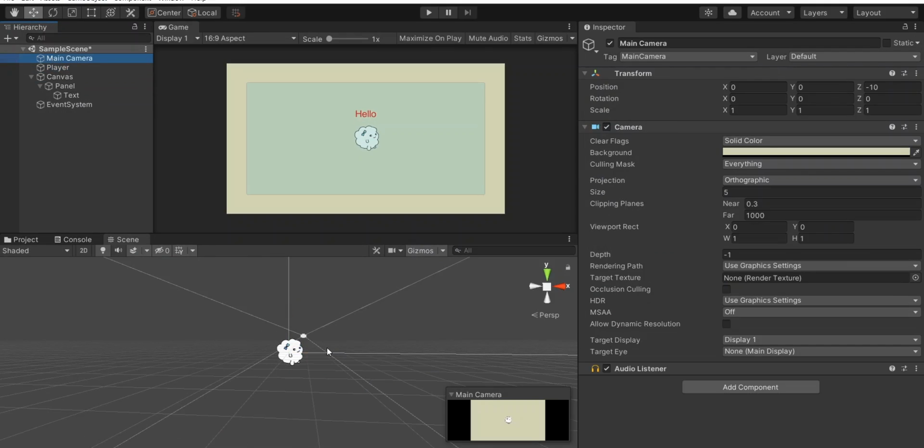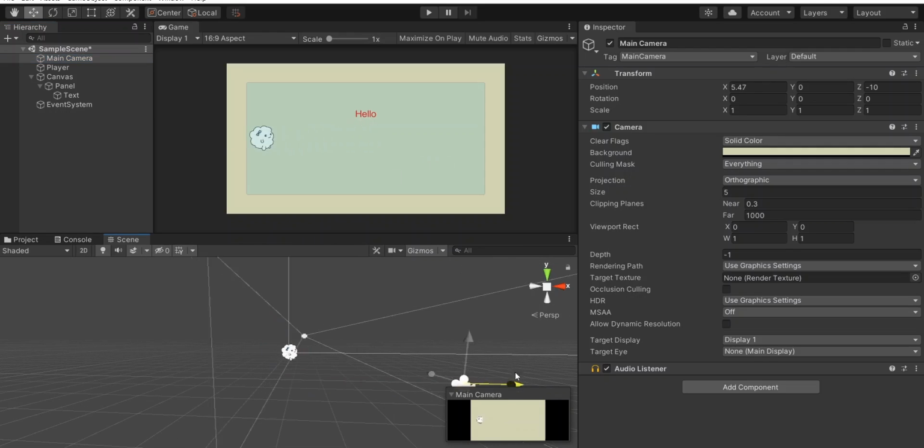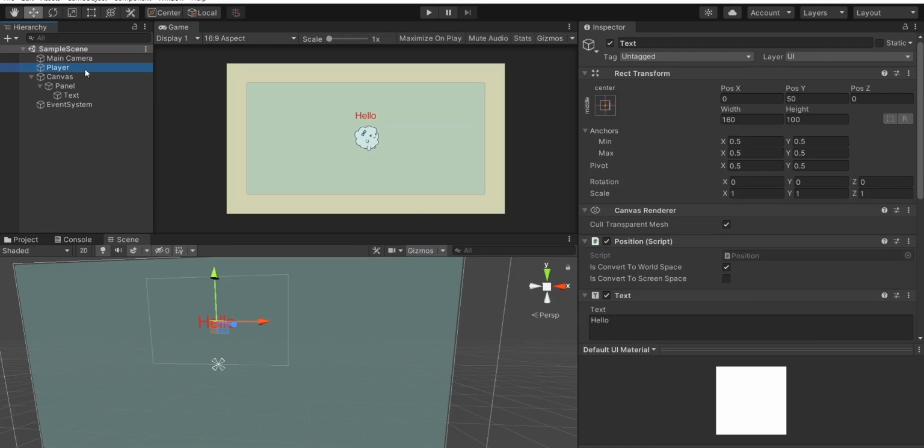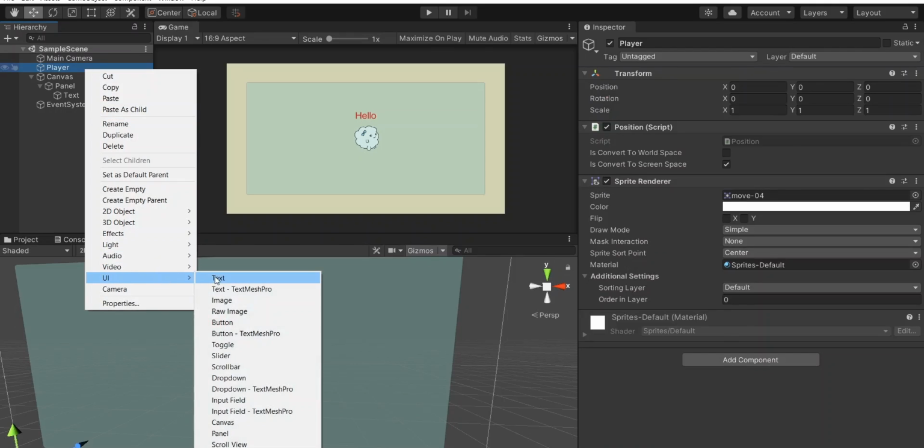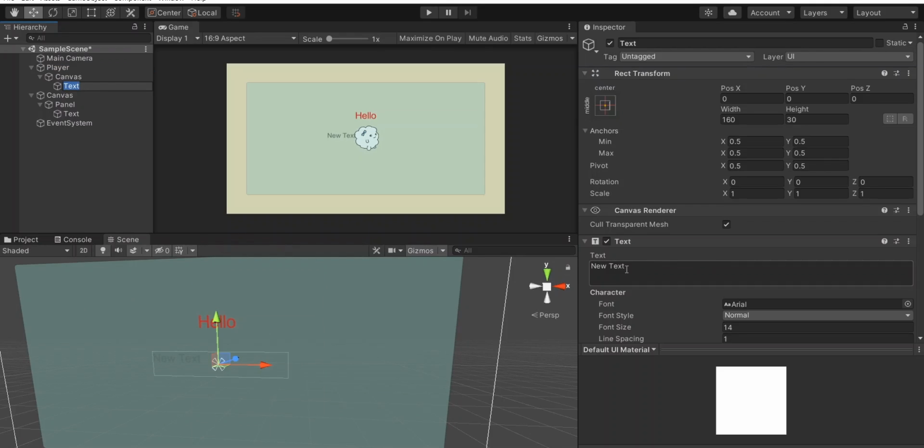Now the UI text hello is in screen space, so it renders on top of the scene and can cover other objects in world space. If the camera moves away, it will still be there, but the player object may disappear. And for another example, I will add one more UI text, but attach it to the player.